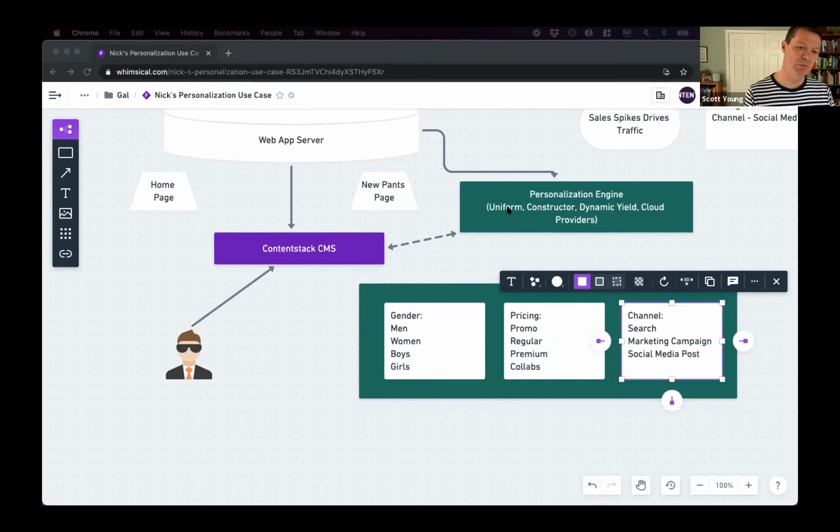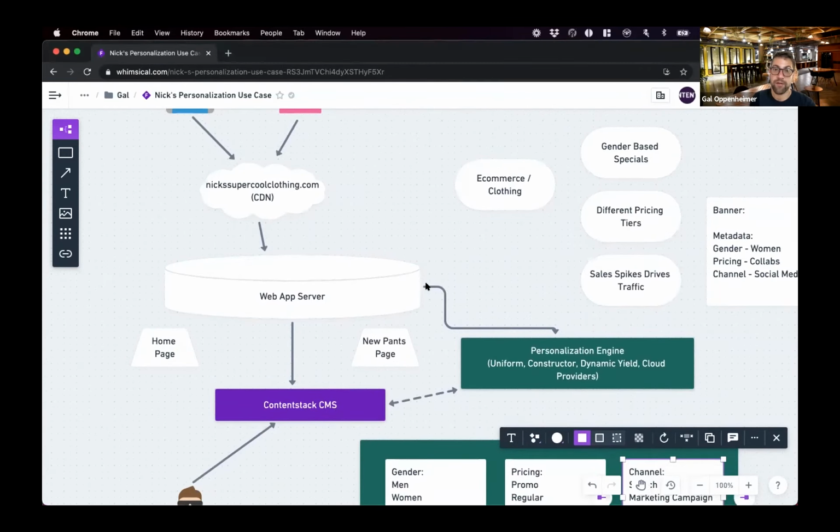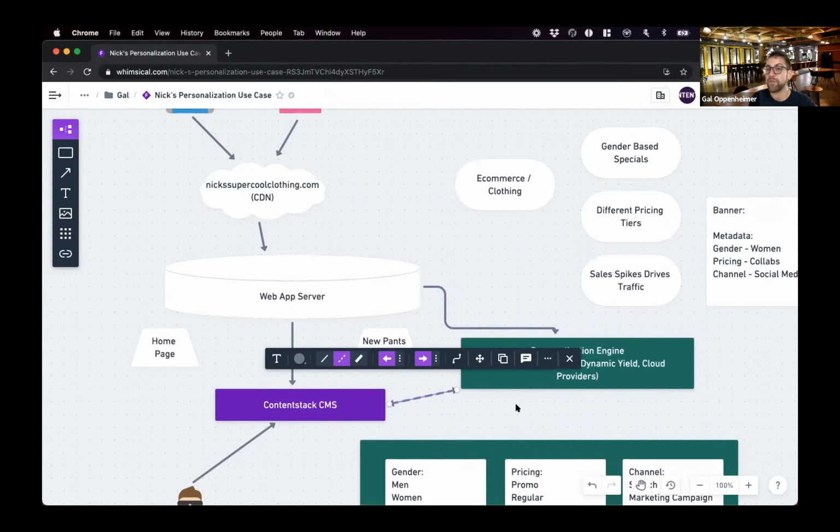And so what that also means is if you start with one technology, and then let's say 6 months from now, your needs outgrow it. Let's say you want to do better tagging based on location, and tagging based on more minute user attributes, which may not be the strength of the platform you selected. You can go out and find another platform, and then the two integration points are integrating right here to the web server, and integrating here to the content. And so you'd redefine, for example, all these categories.